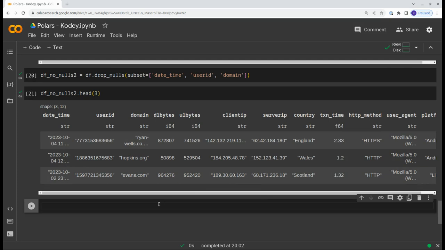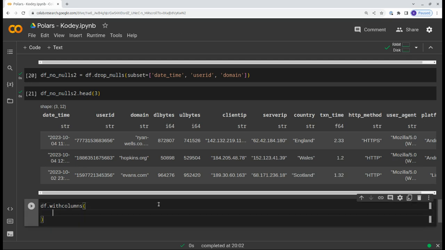So another way to handle nulls is you might want to just fill it with a specific value. So in this case, we're going to say df.withColumns. So this is saying we're going to actually change the columns, or we're going to add a column or remove a column or update a column. The with columns gives us the ability to do that. And we're going to say